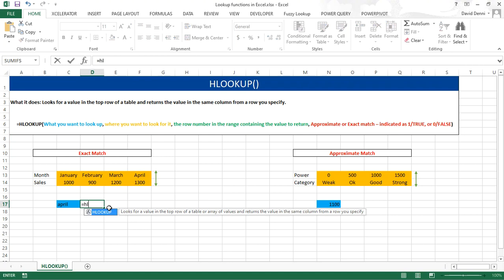Equals HLOOKUP, open parentheses, the value we want to look up, located in cell C17, April, comma, selecting our data, with or without the labels, it does not matter, comma,